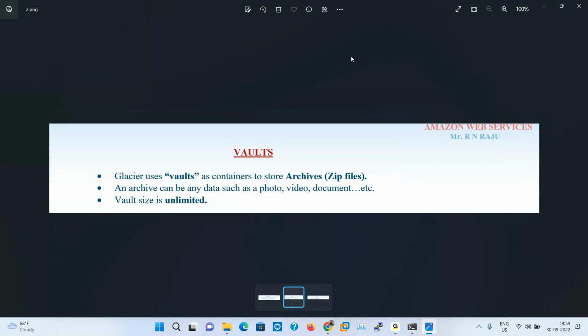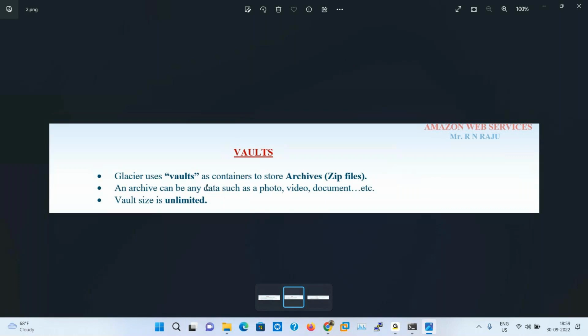If you store the raw data directly, it will take a long time, and it will upload with the exact size. I mean, if you upload 1 TB of raw data, the same size will be uploaded. But if you zip it before uploading, the 1 TB may become 600 GB or 700 GB. Then you save time and cost also. That's why it's better to upload with zip files.